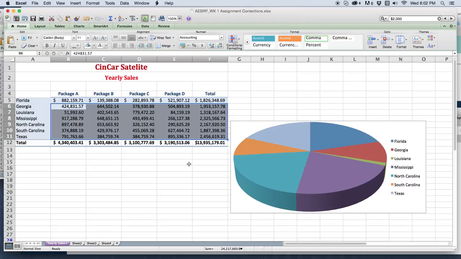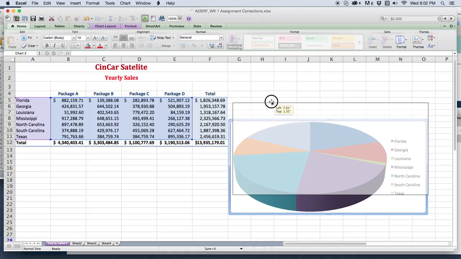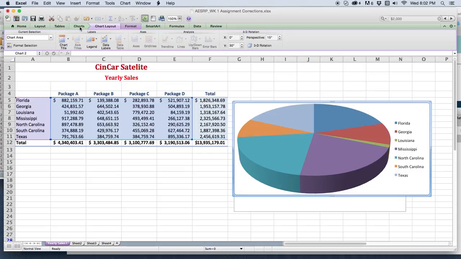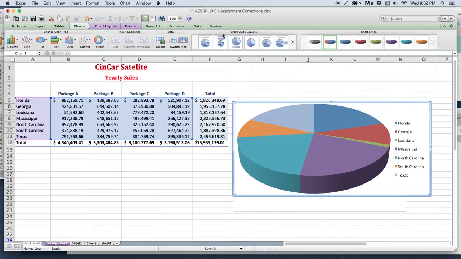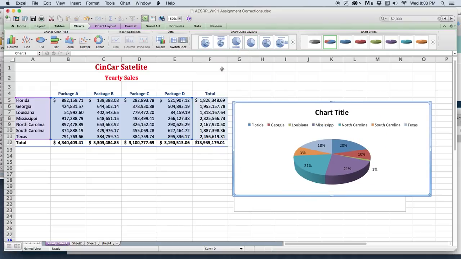Let's look at the next simple quick correction, and that's regarding our pie chart. Our pie chart looks nice and is done well. And we just need to take another step to actually move our pie chart to another location. While I'm on the chart, I wanted to reiterate that there are chart layouts that allow us to select different styles, which will vary depending on the information we're seeking to convey and who our audience is